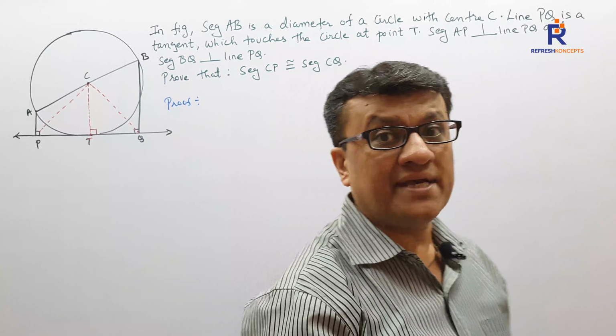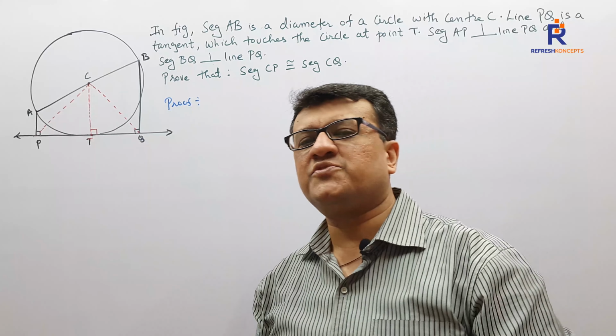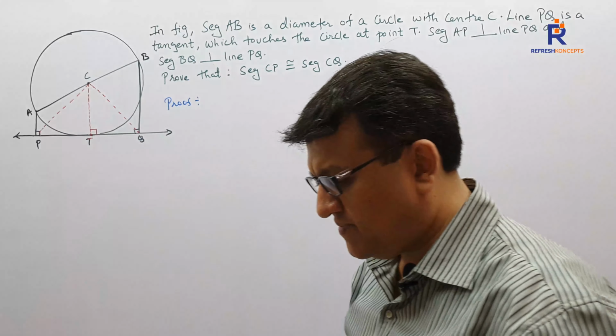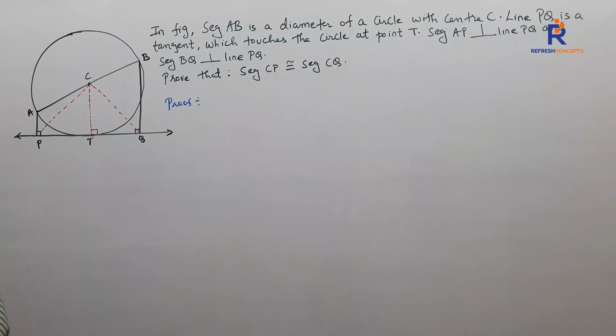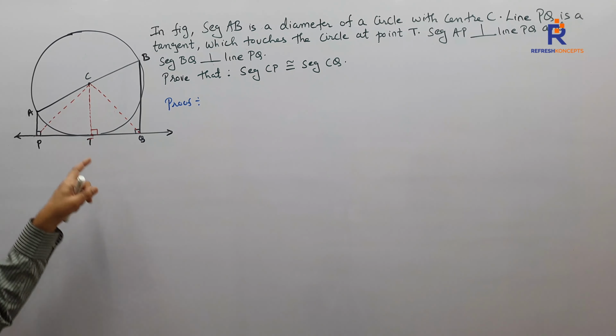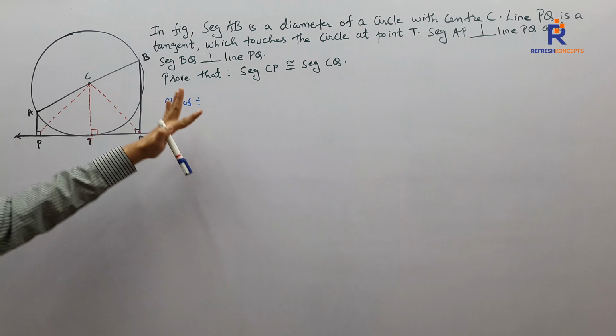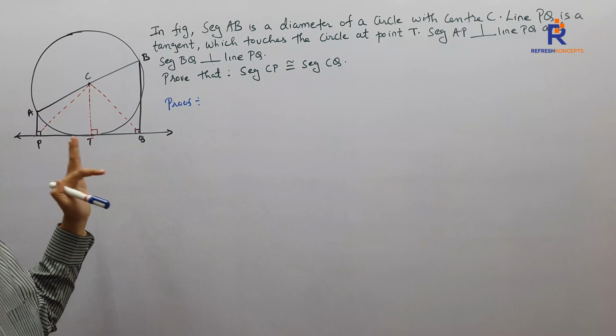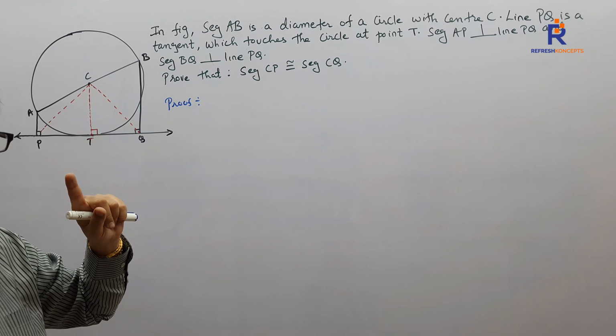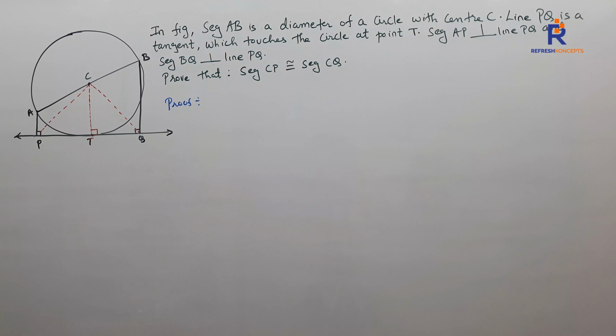This is also 90. Why is this 90, children? Radius is perpendicular to tangent. Rightly said by some of you. Radius is perpendicular to tangent. So this is what will come in our solution part. They have not given it. Let me make you understand the entire sum and then we write it down. We are not writing any skeletal solution. We are writing the entire sum now.